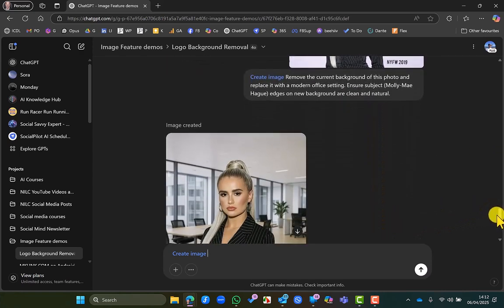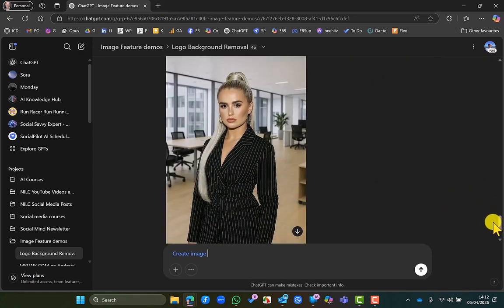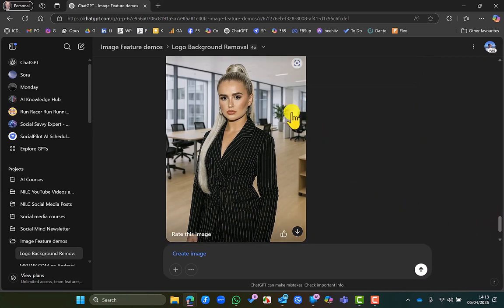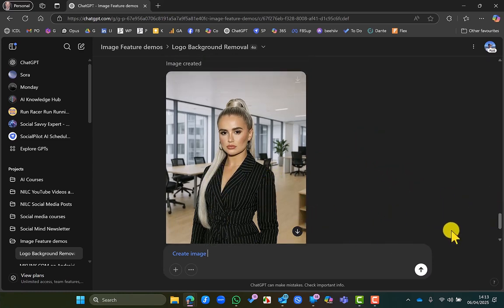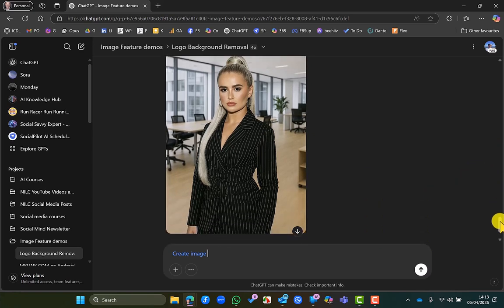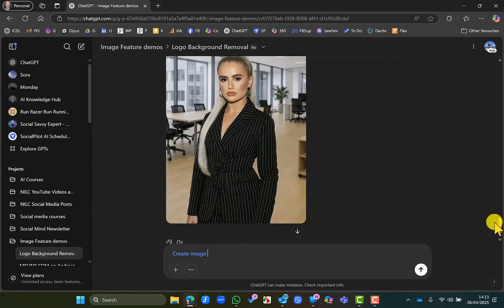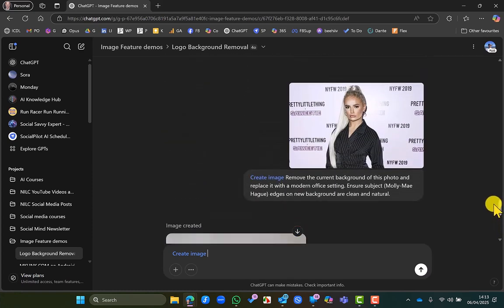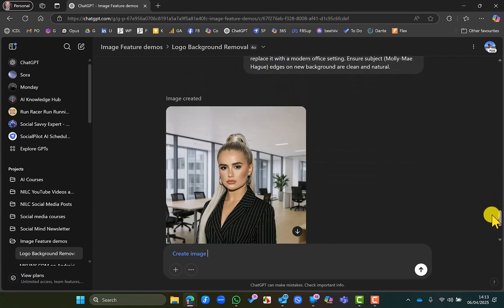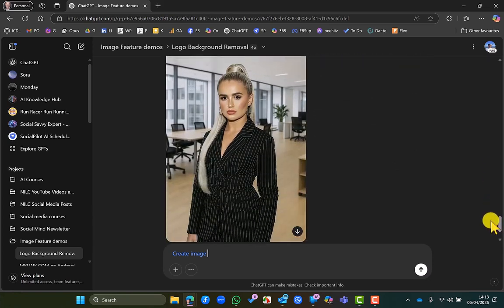Now, I was really impressed with this because we've got very, very good likeness of Molly May Hague here. We got the good office background as desired, exactly the same hair and hair texture, all looking really sharp, edges around the suit, and yet you can almost believe if you didn't know that that photo was taken in an office. So pretty natural looking, and just go back once more, and pretty good likeness, and actually it's improved the resolution of the photo whilst we're at it. So yeah, quite impressed with that one. So I think I will give that one 9 out of 10. So there we go,